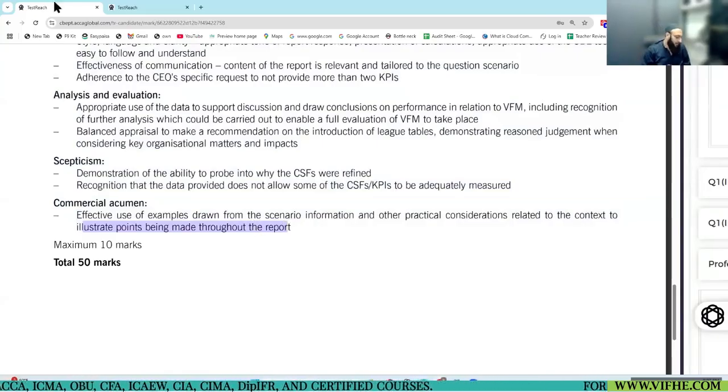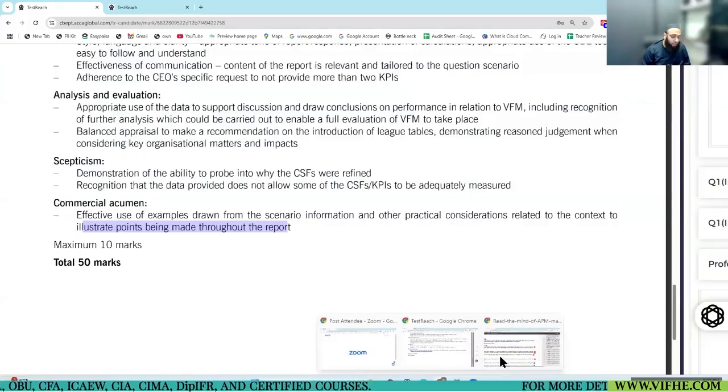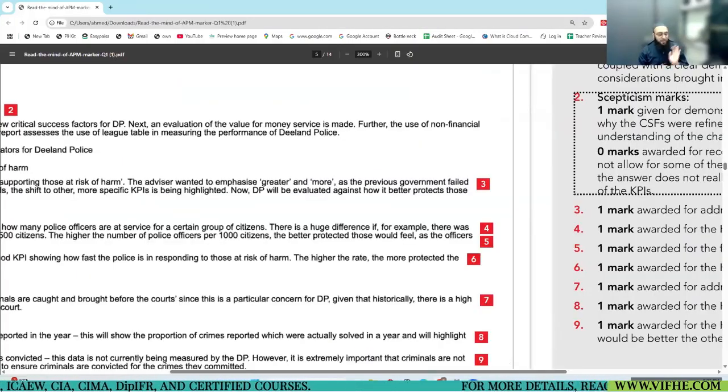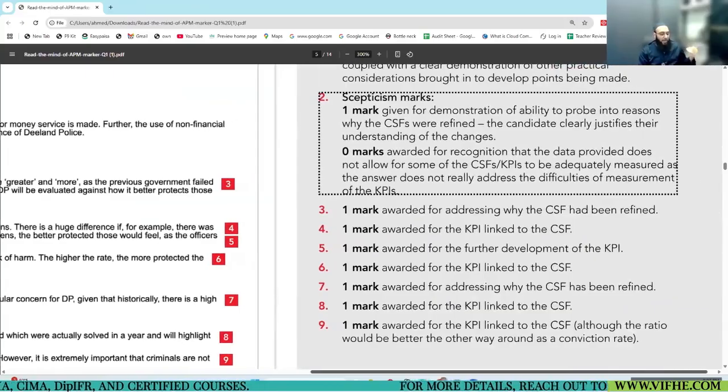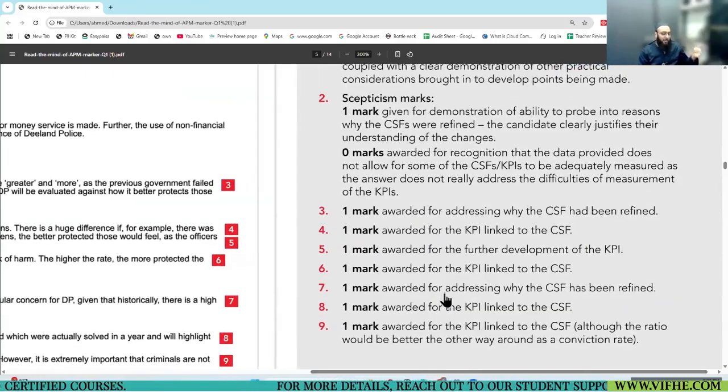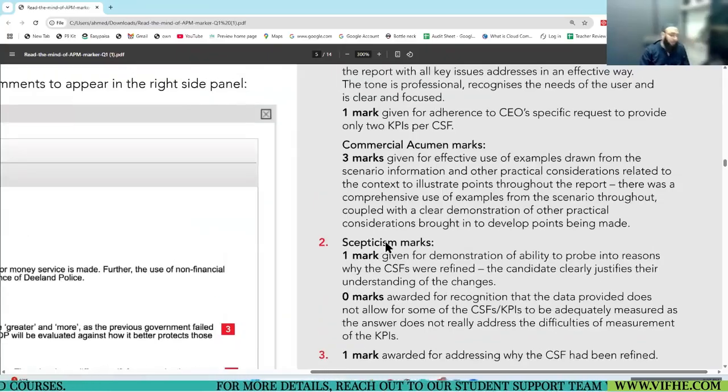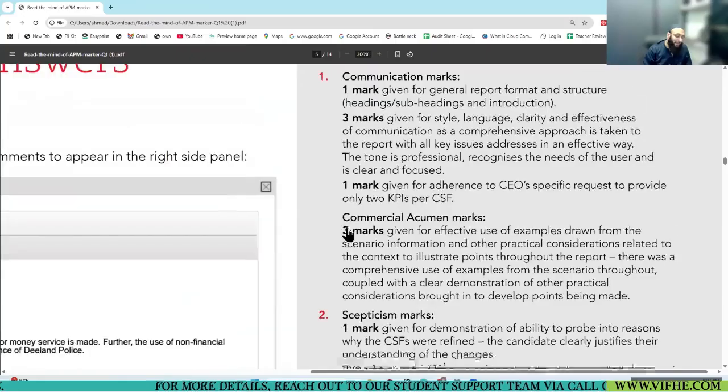Now this student did use a lot of examples from the scenario for sure. Wherever you saw the answers, it was very clear that he did use the scenario. So from the commercial acumen point of view, he is scoring 3 marks.